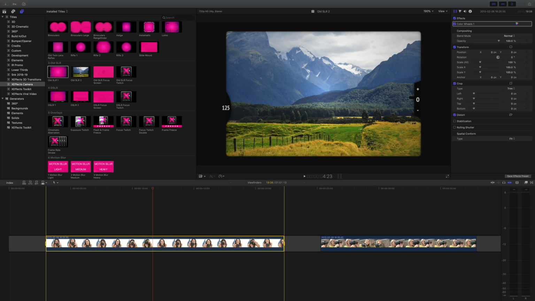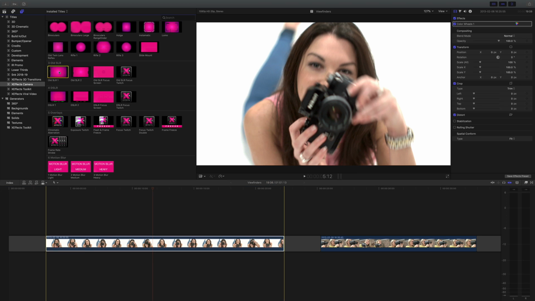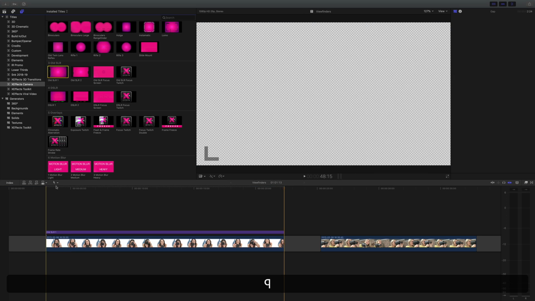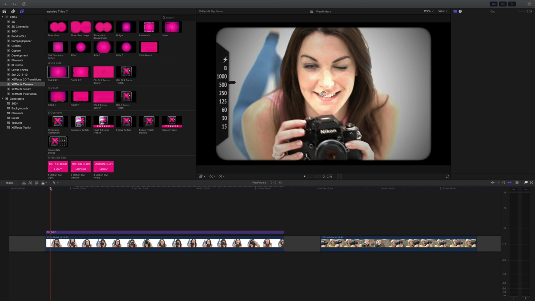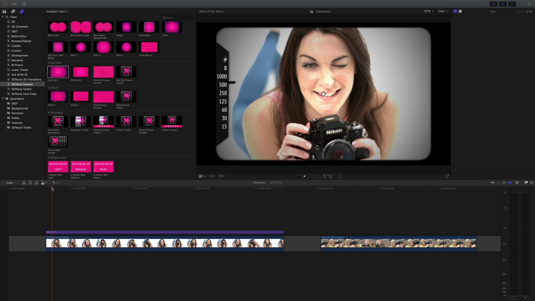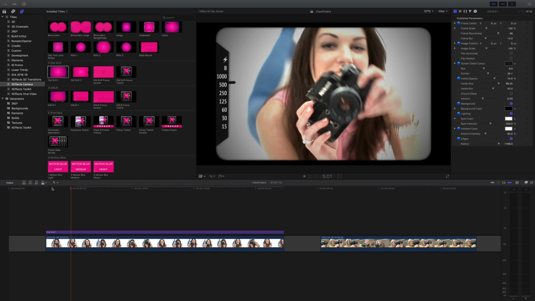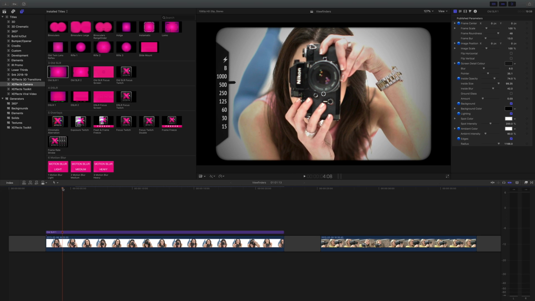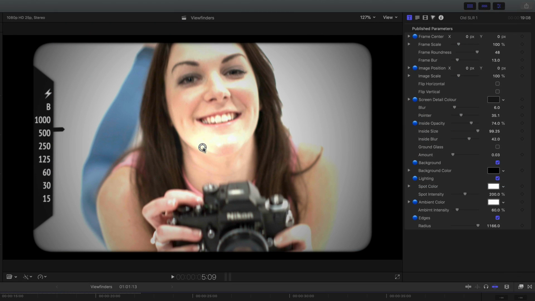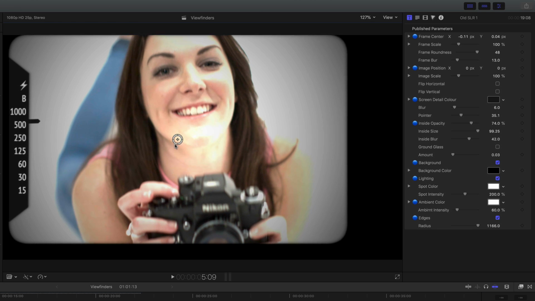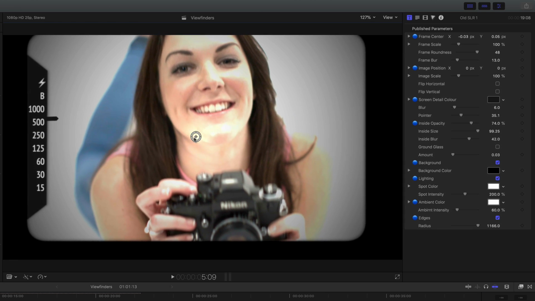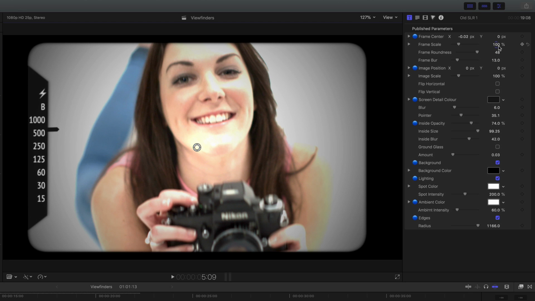Here you can see we've got two old SLRs. I'm going to go with the first one and just press Q to get that on the timeline. You might notice the checkerboard on there. I'll come back to that in a while. And there we have a great looking old SLR viewfinder applied to the footage. You might notice the on-screen control. That moves the whole composite around. I can also scale that